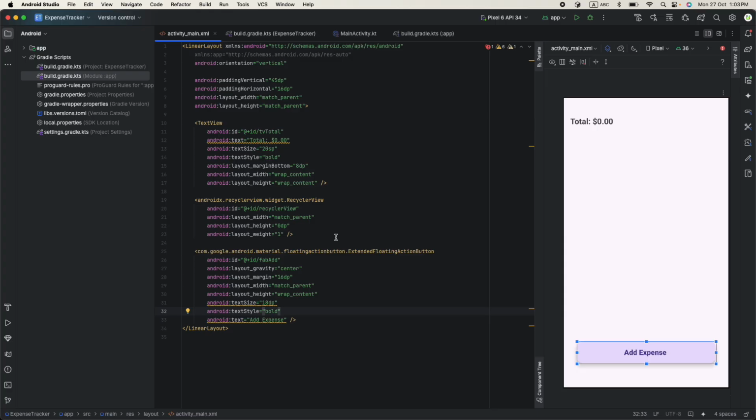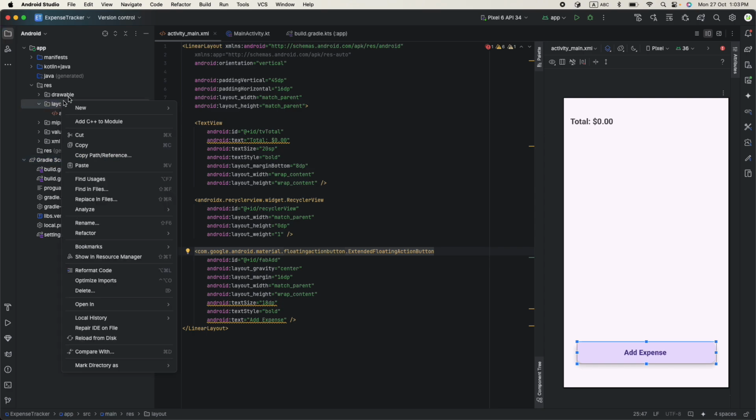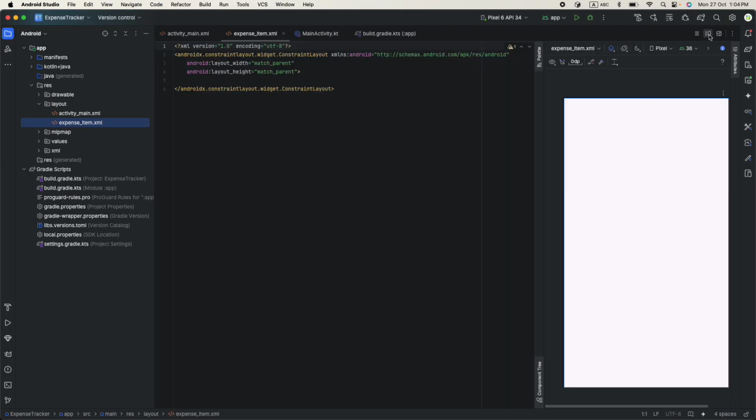Okay, our main activity design is ready. Let's go to add another design, another layout. We will be adding our expense item for the recycler view. So we say expense item, and for this one what we need to do is just